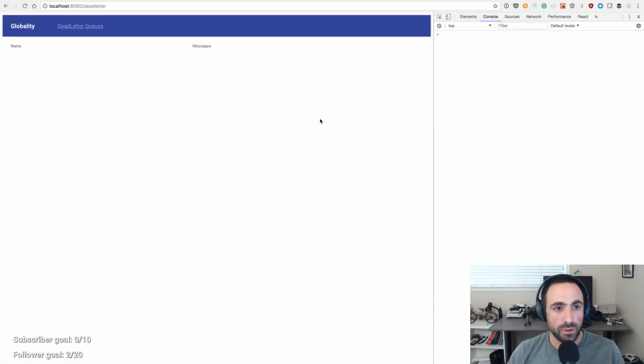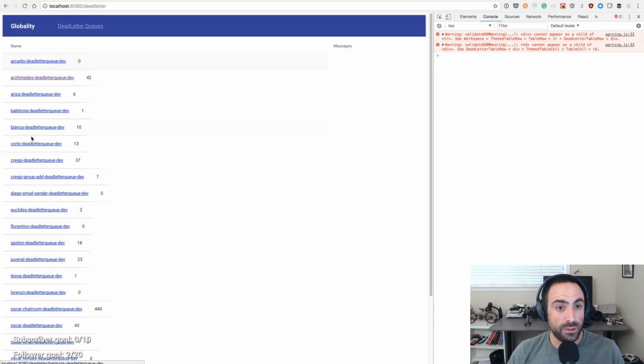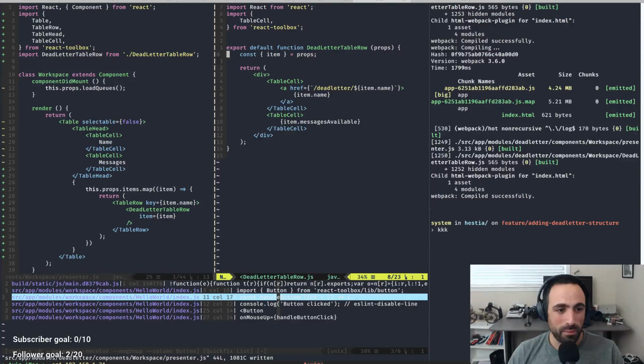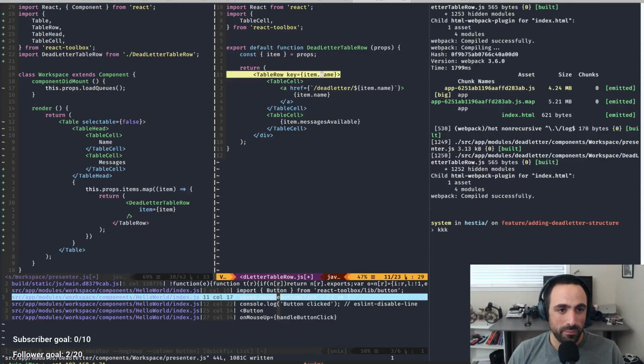I have used Material UI. I did. Yeah, so look at this. You see? It's definitely something with a React Toolbox thing. It just doesn't like the table row to be outside. It just doesn't render it. So now that the table row is inside here,